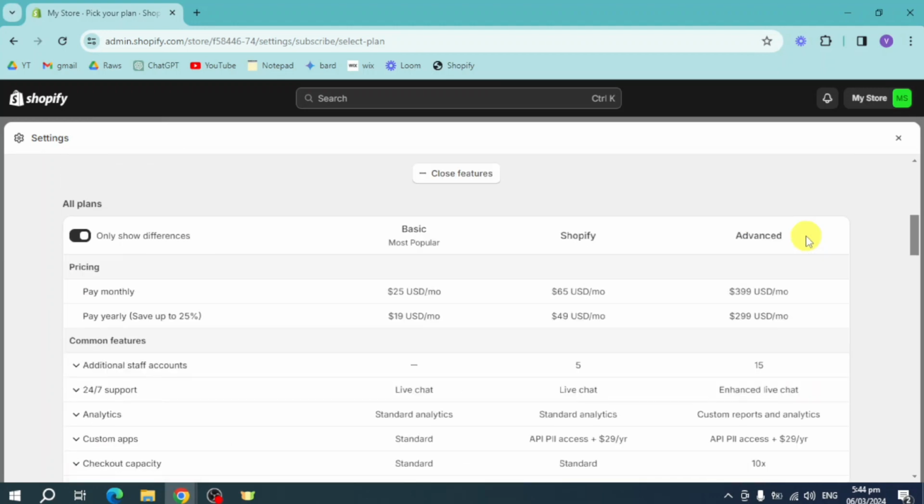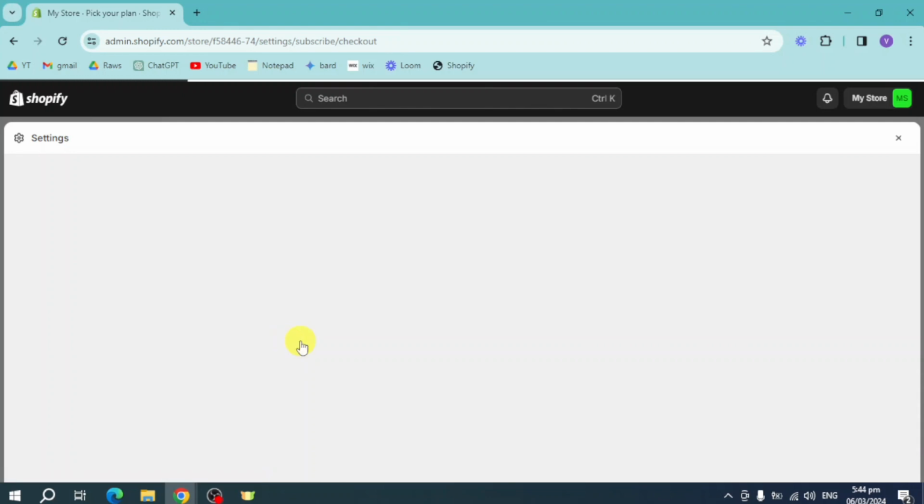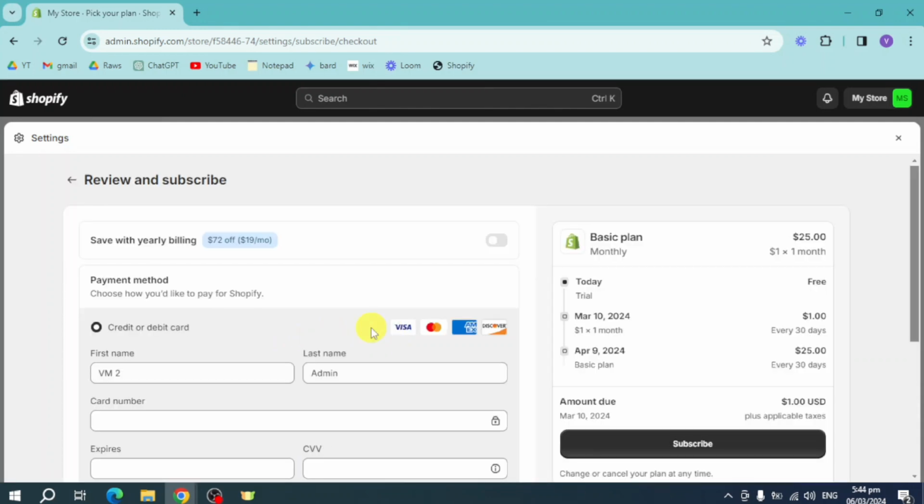So for example, if you want to choose Basic, just click on select Basic, and then from in there you just need to put in here your payment method, wherein how you want to subscribe to this. So that's the whole